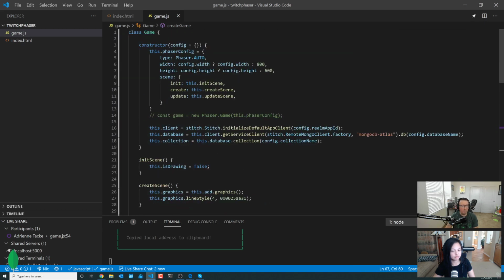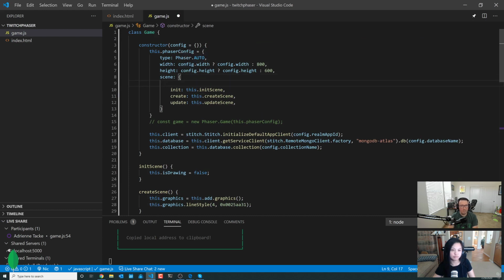So if we scroll up to our scene, we've got to give it a scene name so that way we can reference it. So maybe we call this one, I think it's just name. If not, we can change it. Do you know if it's just name, Adrienne? I don't think so. Or key, it's one of those. Key? I think key is default. Yeah. Let's just go ahead and call this one default. We'll call this key. If that doesn't work, we'll figure out something else.